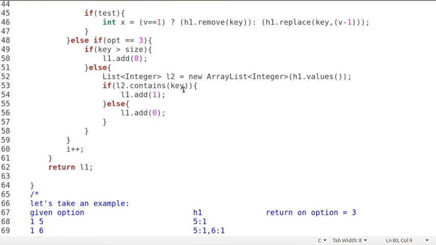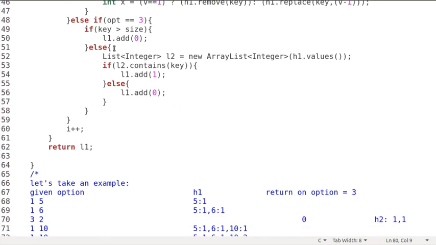And if option equals 3, then as we have discussed in the second example, if key is greater than this size, then L1.add(0), means we will directly add 0 to the list. And else, we will create another list, means if key value is not greater than the size of the element, then we will create a new list, and we will store all the values available for every key in that list, and then we will check if the key is available, means that frequency is available in that list.